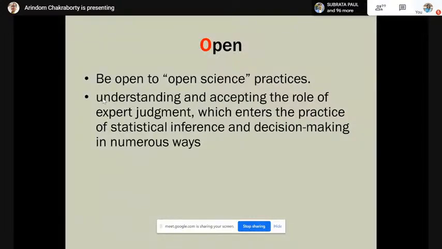So whenever you have some sort of these thoughts available, you just incorporate those things. I'll give you one example of this. Suppose you want to know how many tigers are in the Sundarban area, and what you do is divide this area into different parts, visit those places, and count the number of tigers that you could see. Now suppose you couldn't find any tiger during your visit. So from a frequentist point of view, it should be 0. So do you agree that there is no tiger in the Sundarban area?